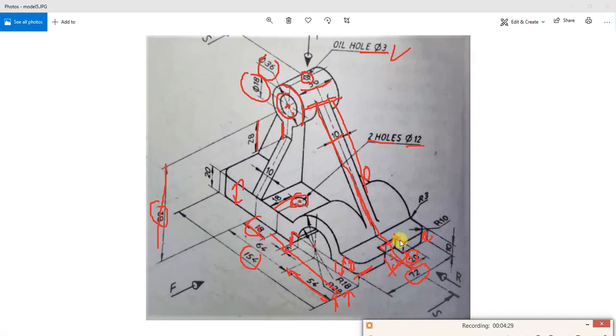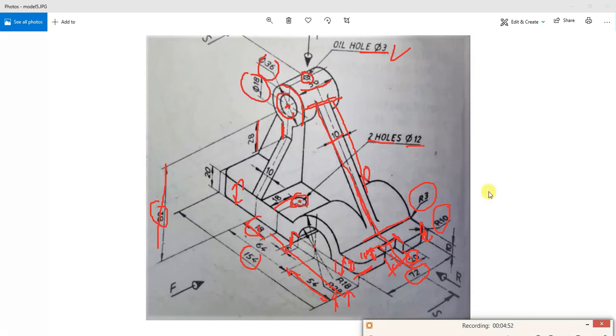This dimension is not given, so take approximately 10 mm here. And next, the fillet radius here is 10 mm, and this fillet should be 3 mm.